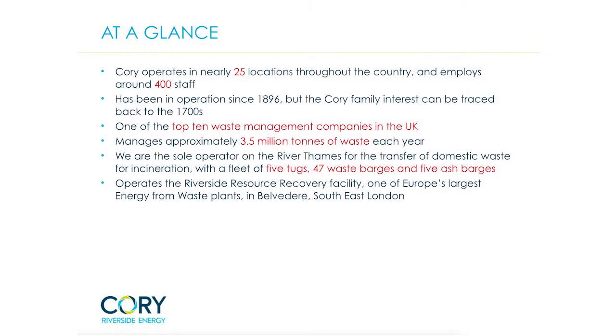The Riverside site has been developed over these years. It's got 3 slipways and it's a very versatile site, as you will see later. We move 3.5 million tonnes of waste a year. We have 47 barges on the river that we use to transport the waste in a containerised system. These are loaded and filled up at the wharfs, onto the boats and then down to our incinerator at Belvedere,